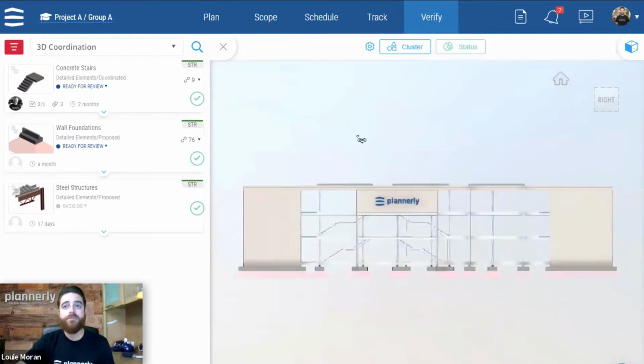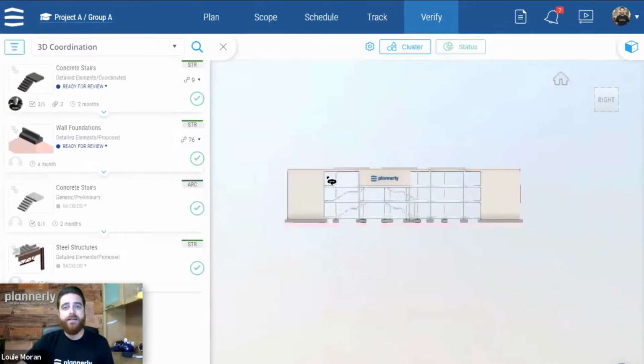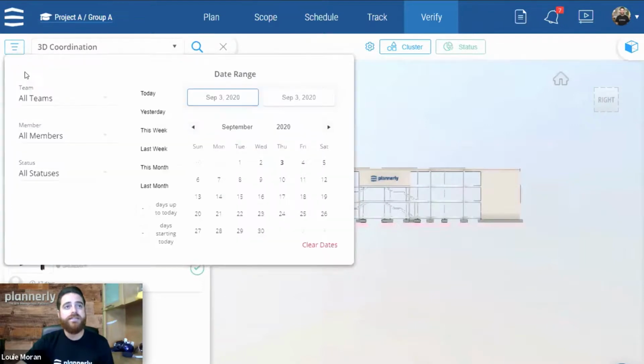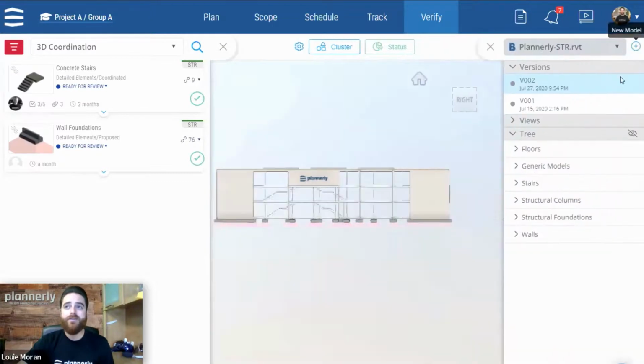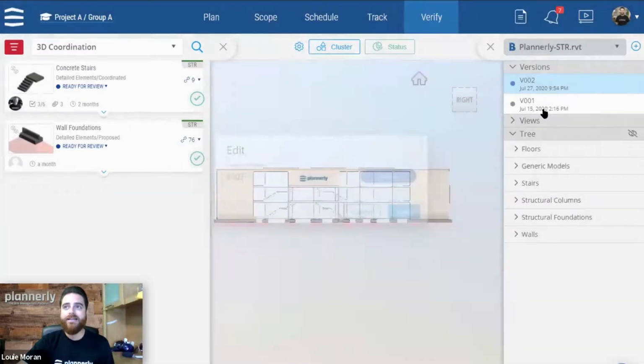Now, as a program leader, you might want to jump in here and filter for only the tasks that are ready for review. So in here, I would select what items are ready for review and select the model that has been submitted for ready for review. So I missed this step, but the student would have shared this model. And now I'm reviewing a model against tasks that are ready.